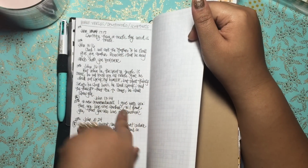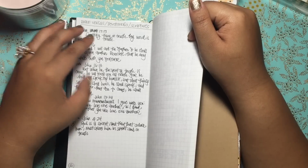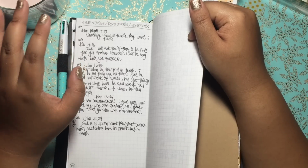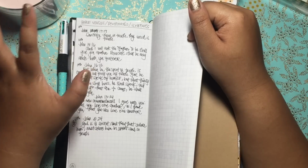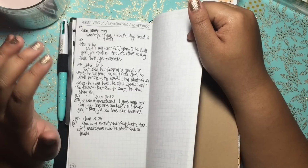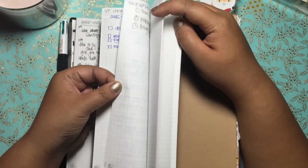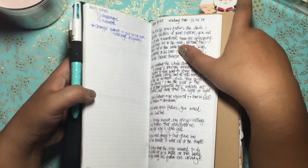Here's some Bible verses from just different days I was reading. You could either actually read the Bible, or you could go online and find scriptures, or I have an app that gives me a daily verse per day, and then I'll go back to the chapter, and then sometimes I will write how I feel about that passage. Like on the,